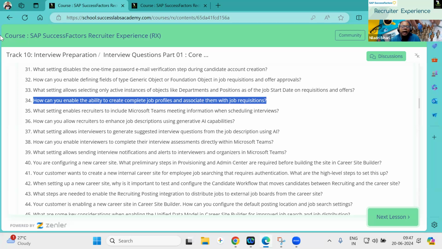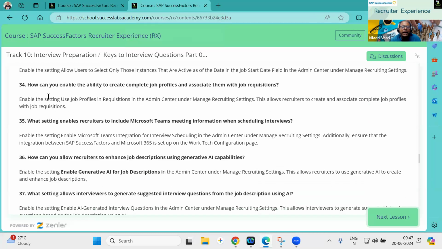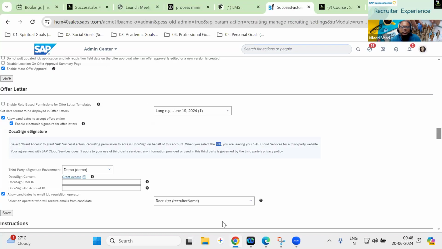How do you create that, enable it, and associate it with a job requisition? For that, you have to ensure you are already using the job profile, and whenever you are creating a job requisition, ensure you are creating the job profile for those requisitions.